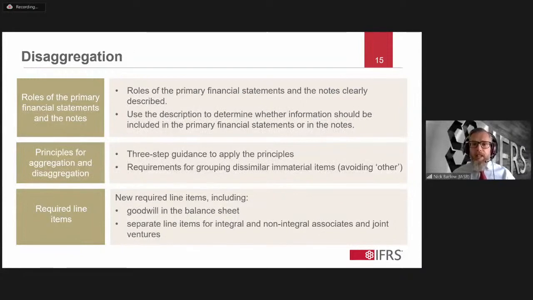And then additionally, there's some guidance around avoiding non-descriptive labels such as other, not banning them, but providing more guidance about how to best avoid their use to get more descriptive labels. And when that's not possible, to give more disclosure potentially in the notes to give more transparency to those types of items. If we move to the next slide,